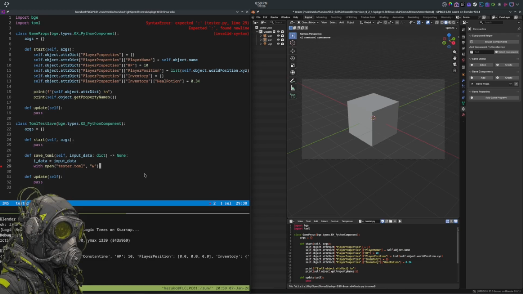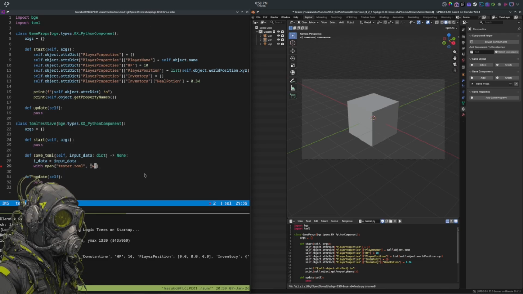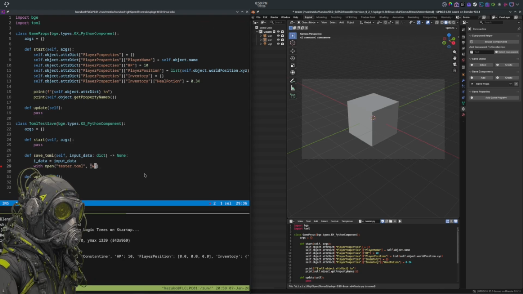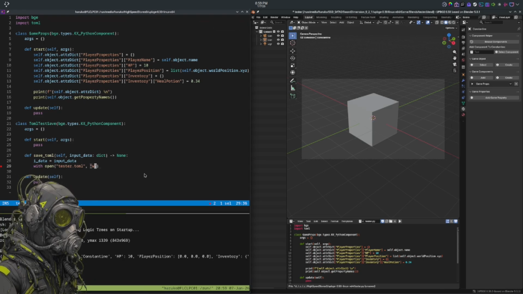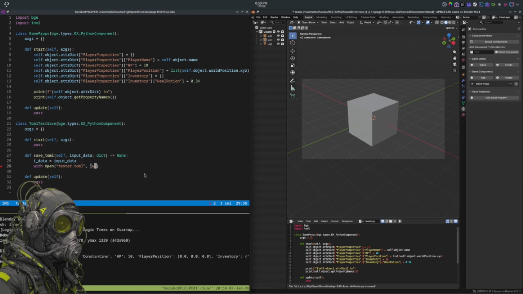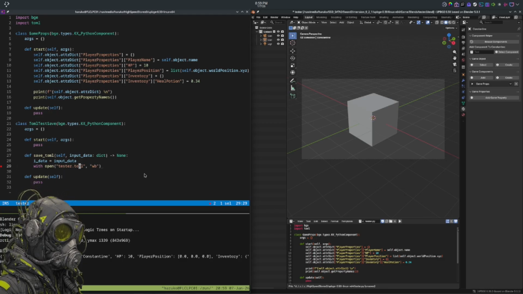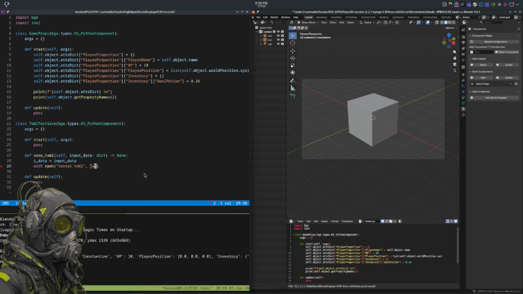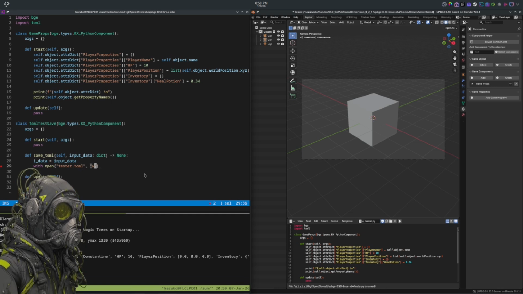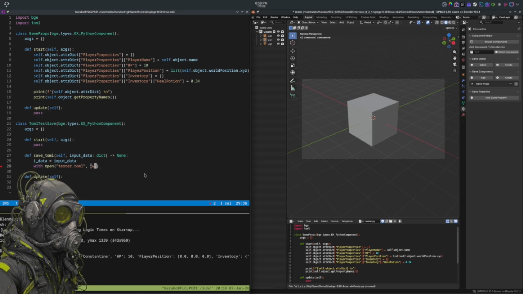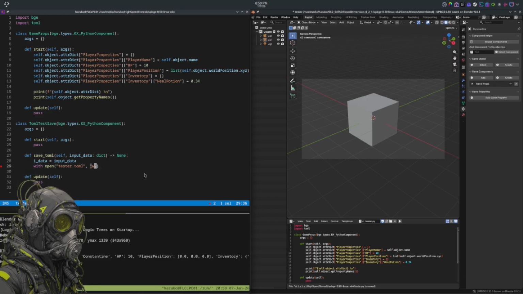So TOML would probably be more preferable for config files. If you wanted to use binary data to hide your code from the player with a write binary, WB, you'd probably have to use pickle. That's good with dictionaries or JSON, but